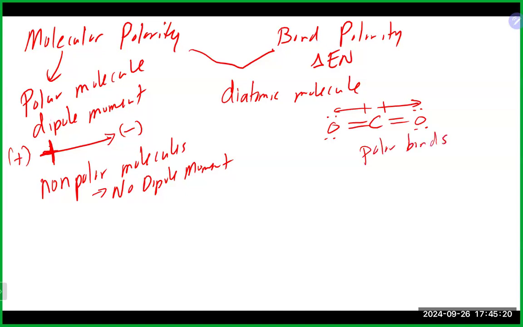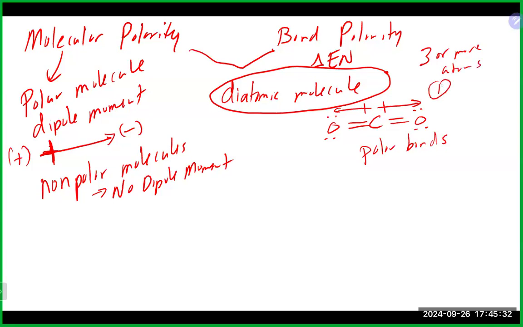Remember that when you move away from the diatomic molecules, you have to actually look at a couple of things. When you have three or more atoms involved, you have to determine, are there polar bonds? And you also have to look at the molecular geometry or the shape of the molecule. As we talked about last time, the shape of this molecule is linear, which means it's basically a straight